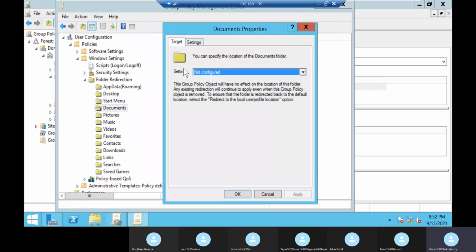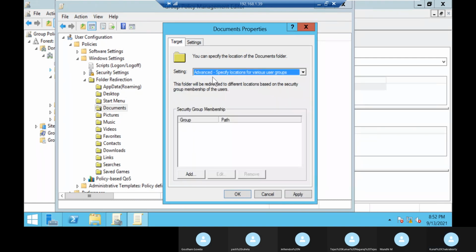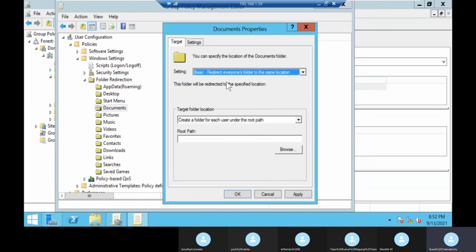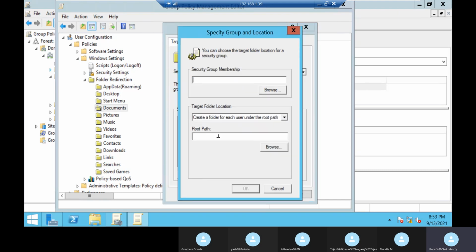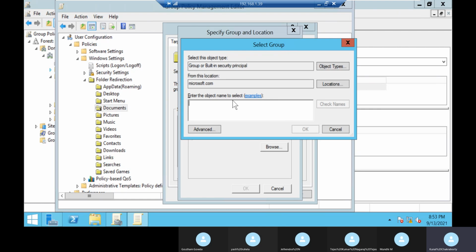Under these properties, you will see here you can specify the location of the documents folder. What kind of configuration do you want to assign? So let's go with the basic only. Just a second. Advanced. Yes. Go with the advanced. Here you can see security group membership. That means the group that you have created, where your users have been added. That IT group, you need to add it over here. So add security group membership, IT,